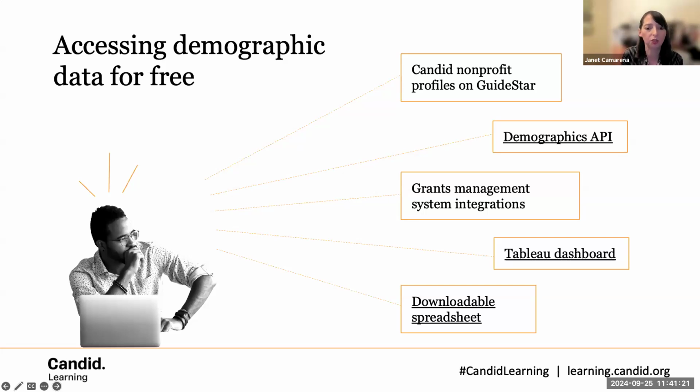And the last way is anyone who is researching can request a single file of the demographic data. This option is geared toward those that may want to combine our data with other data sets like the 990. And there's a simple form you fill out to just let us know your research purpose. And we just had a student pull the data today for their senior thesis on climate change. So we're excited to provide it for all kinds of purposes to help people get a full view of the sector. Next slide, please.